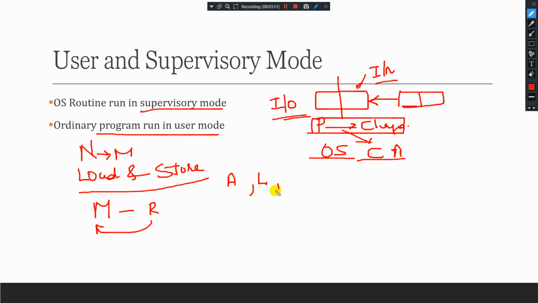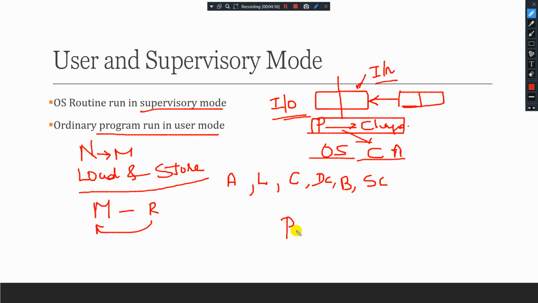Arithmetic, logical, compare, data copying instructions, branch instructions, and subroutine calls can be carried out in this user mode. It can also address memory, but it is not able to perform privileged operations.